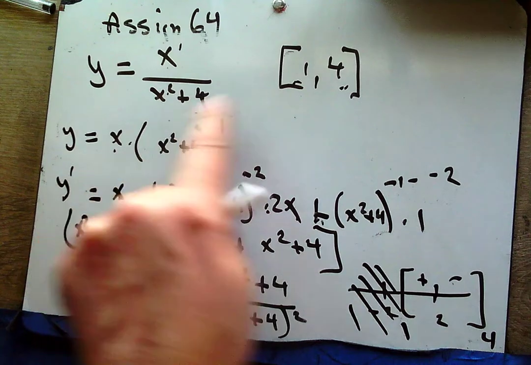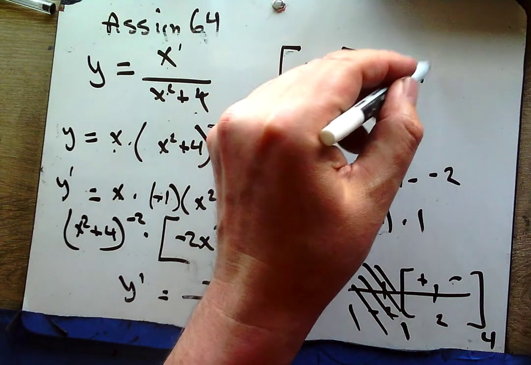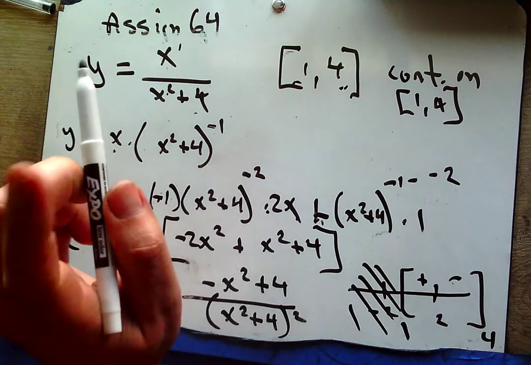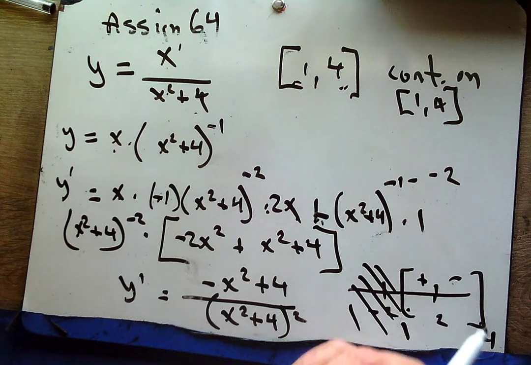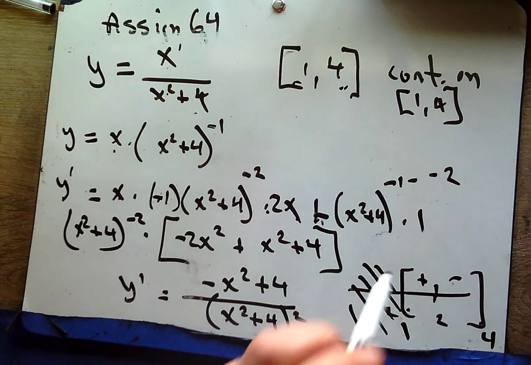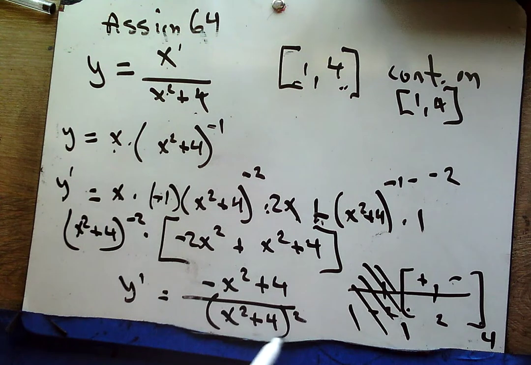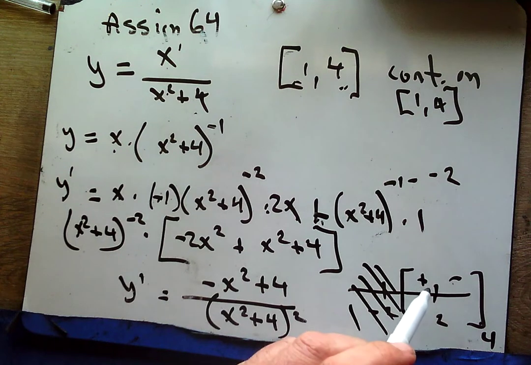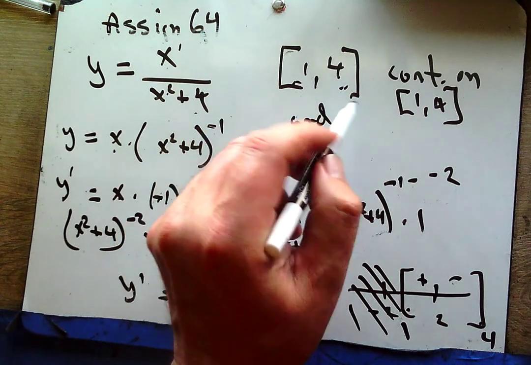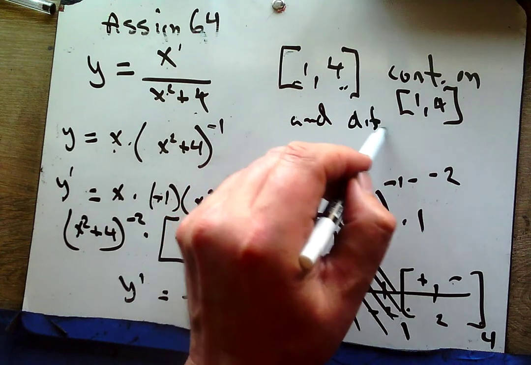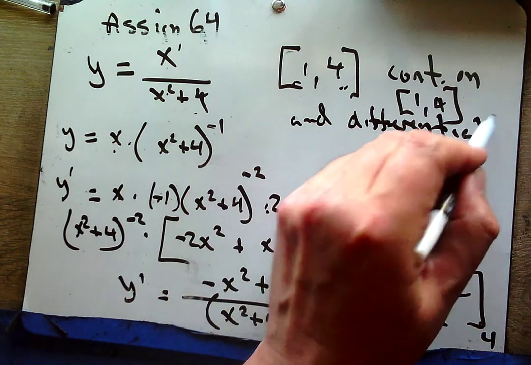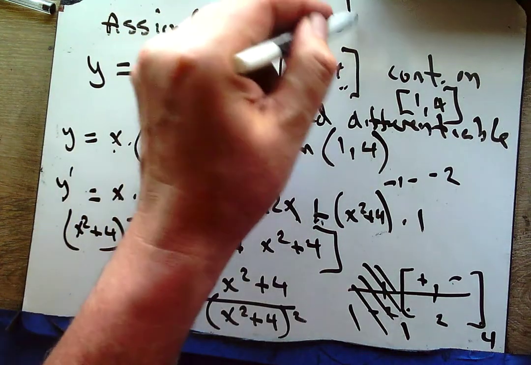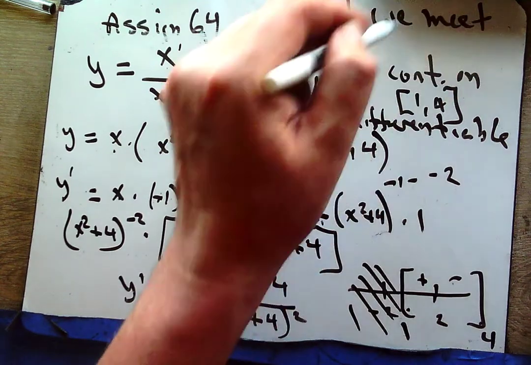Was this function continuous on 1 to 4? Yes, we are continuous on 1 to 4. Is this function differentiable on 1 to 4? Did you find any places where the derivative would be undefined on 1 to 4? Well, there are no places where the derivative is undefined. So we know that y is also differentiable on 1 to 4. So yes, we meet the MVT